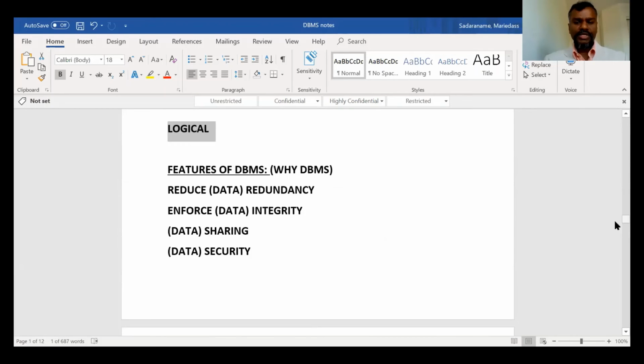All right, so I'm assuming that's clear. The next item is enforcing data integrity. So this is again another important terminology. How do you enforce data integrity? What is data integrity? Data integrity basically means all the data is stored intact. Intact meaning